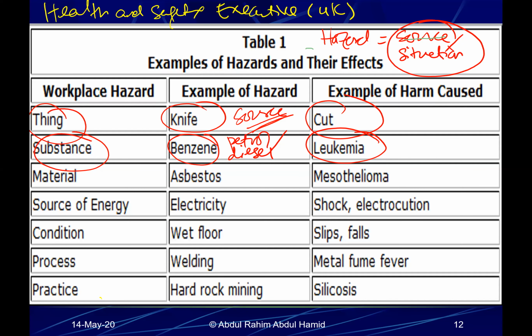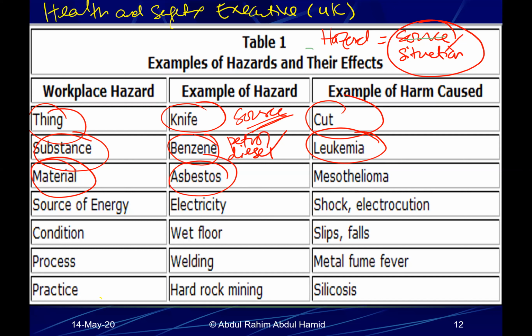People dumped into the river for many, many years, and then for sure, because the quantity was getting more and more, it basically surfaced and went into the air, and you saw how many thousands of people suffered. One of the main compounds found was benzene, all right? And then material, for example, asbestos.